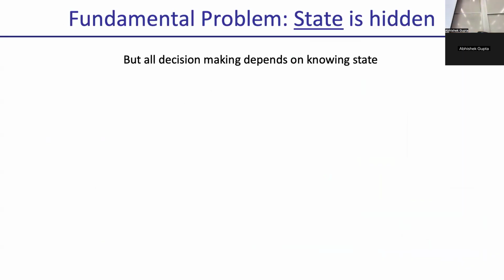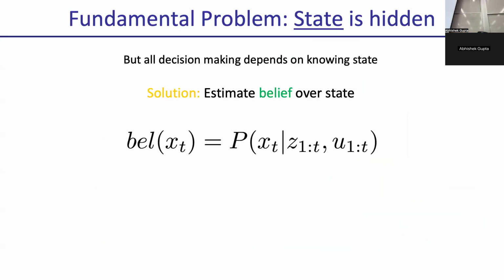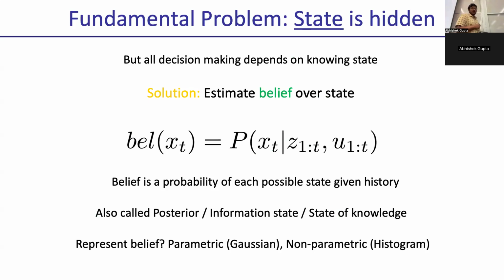The issue with state estimation, as we talked about last time, is that you actually never observe the state. You only observe your own actions and measurements, and you have to get a belief over the state. So X_t is never known. You instead only see U_1 to t and Z_1 to t, and you want to estimate a belief of X_t given Z_1 to t, U_1 to t. The problem of state estimation, the problem of posterior inference, is the problem of figuring out this belief distribution.